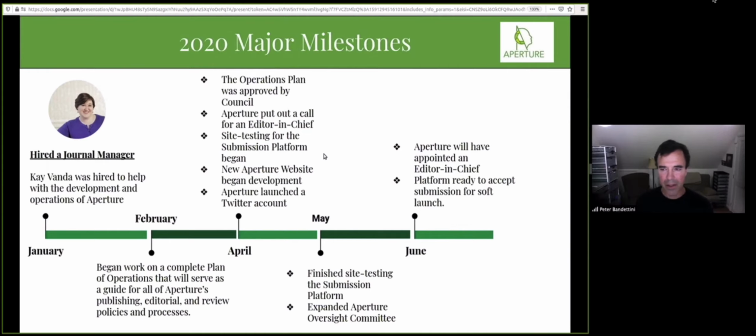We're probably going to start with a soft launch, inviting specific authors to write either review articles or tutorials to test out the system with a low number of papers, and then we'll officially open it up probably in July or August for more papers, or somewhere around there.